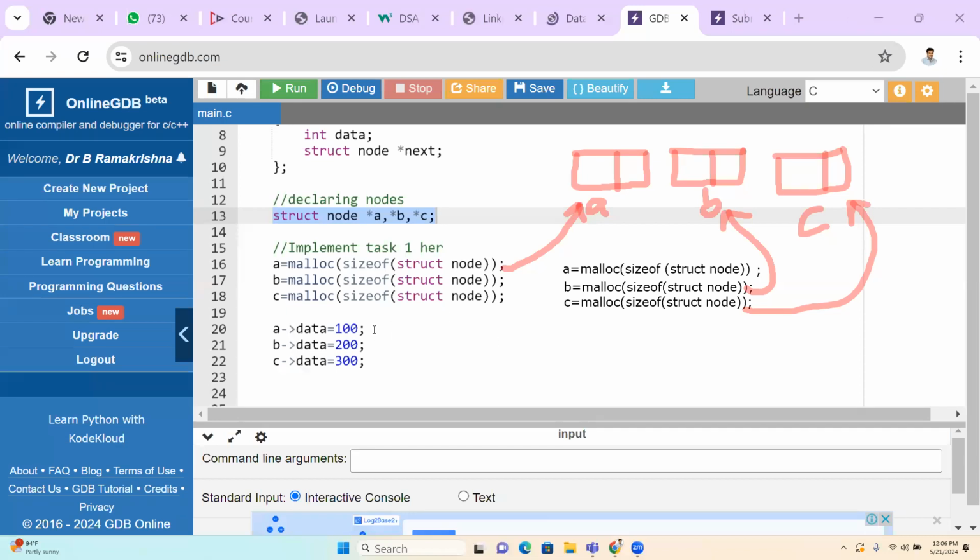So look here, look at the screen. So how to store data into A. A tends to